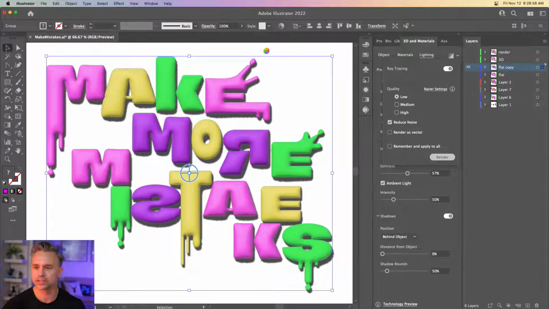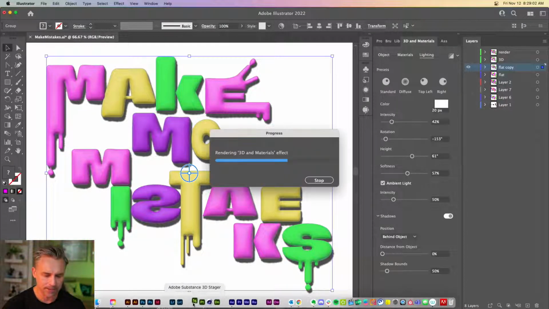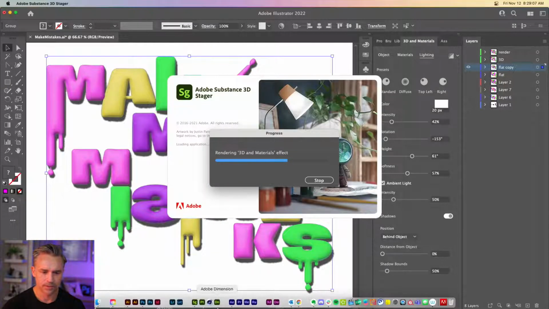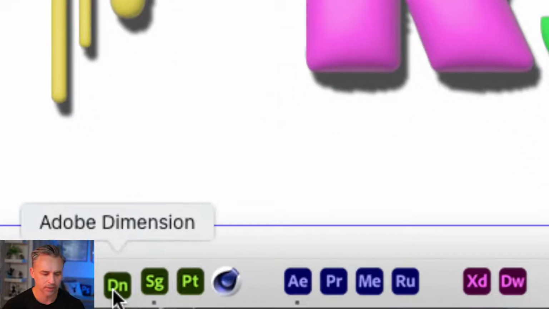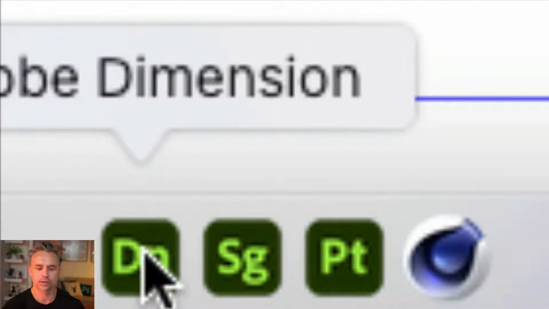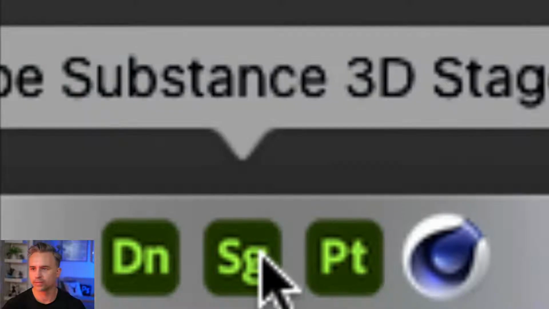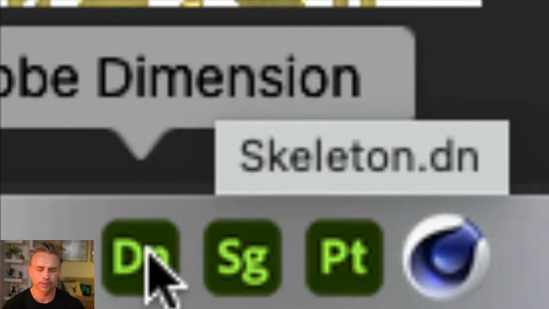This gives us a chance to jump out to good old something like Stager. All right, so let's switch to Substance 3D Stager. There's Painter. You could also use Adobe Dimension. Dimension and the Stager are very similar, right? Stager's kind of has more features. And it is part of that 3D bundle, but that's what I'm going to use. But it's pretty much the same